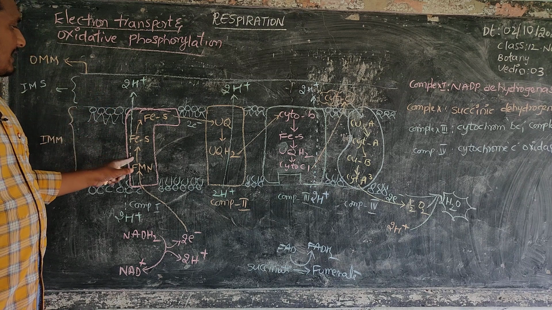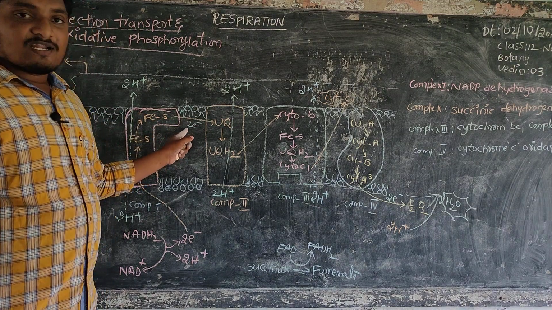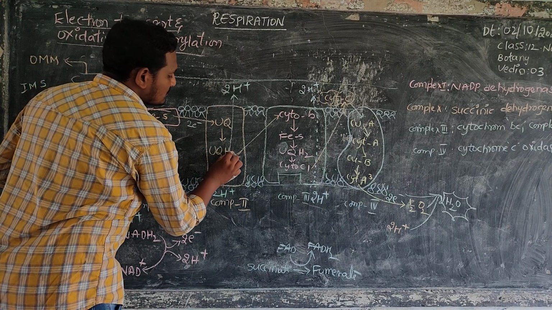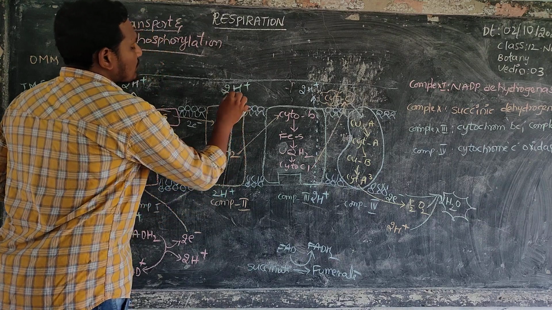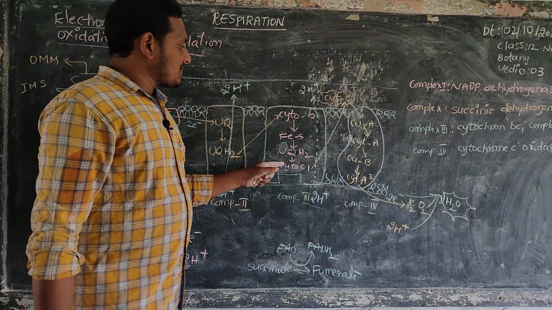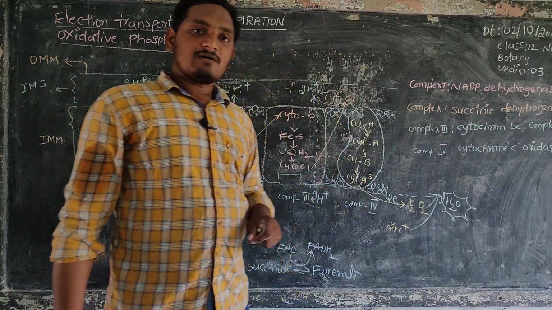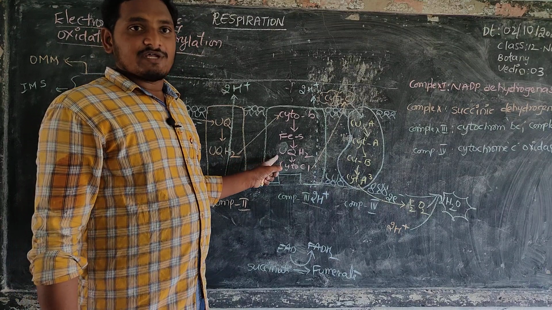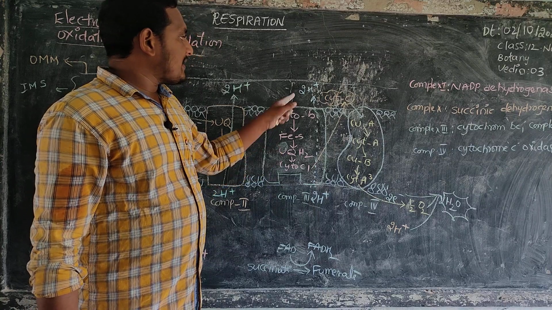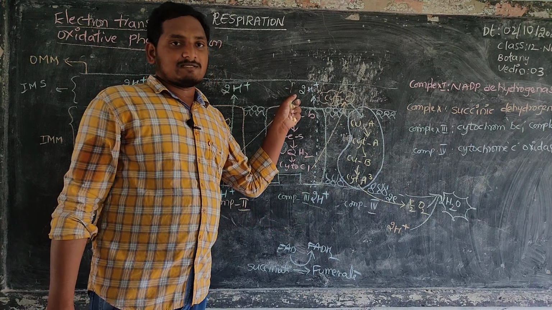Next, this electron transport system is continuously going on. A pair of electrons travels through UQH2, that is, ubiquinone H2. At this place also, a pair of protons is given to the intermembrane space. At the third site, complex 3, the cytochrome BC1 complex, electrons travel through ubiquinone H2. Here too, a pair of protons is sent from the matrix to the intermembrane space.